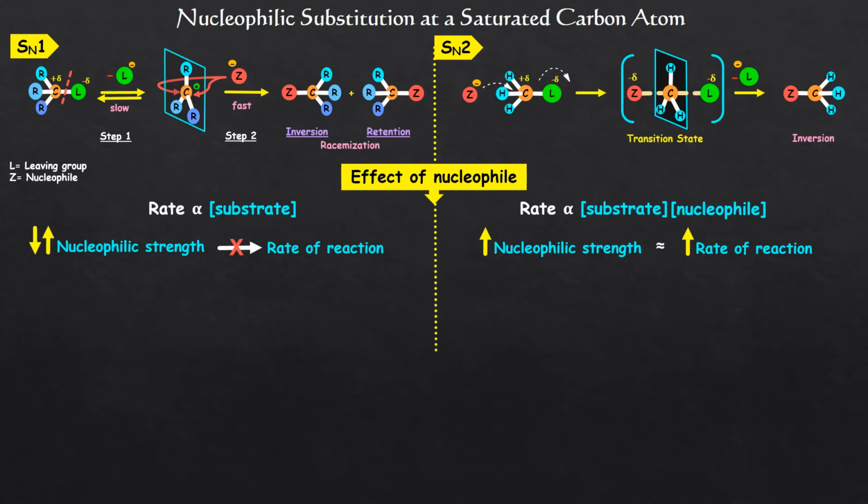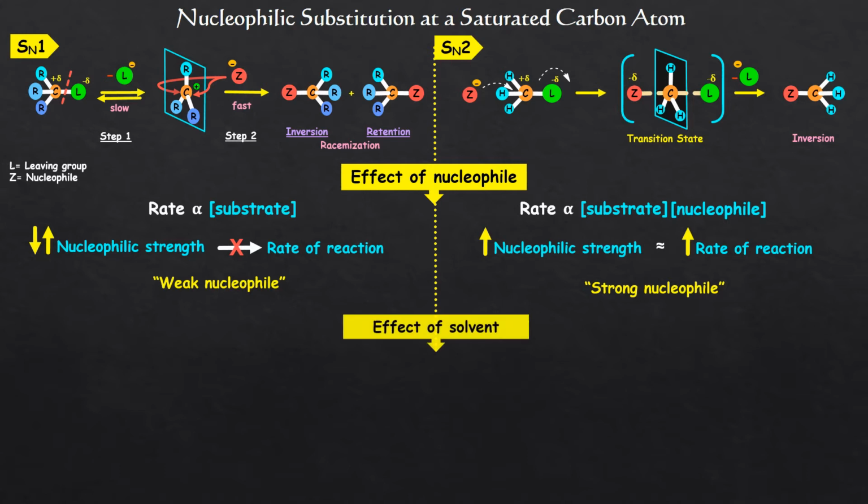In order to follow the SN2 mechanism, the nucleophile should be stronger. Then only it can directly attack the substrate rather than waiting for the formation of carbocation. On the other hand, a weak nucleophile is sufficient to carry out the SN1 reaction because here the role of the nucleophile is just to attack the carbocation which is already formed in step 1. So here less effort is required from the nucleophile, and even a poor nucleophile can complete this task. So finally it is clear that SN2 requires a strong nucleophile while SN1 is carried out by a poor or weak nucleophile.